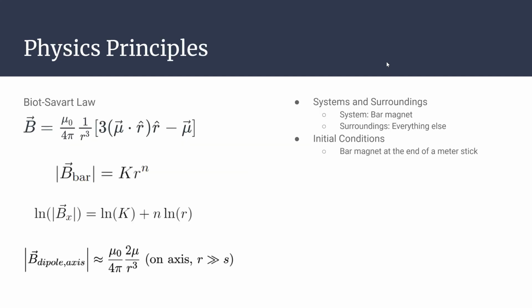Some physics principles that we used: the Biot-Savart law, and the distance dependence formula, where K is a constant. And the model below that is just taking the log of both sides. And then we also used the magnetic field of a dipole on axis. The system in this experiment was the bar magnet while the surroundings was everything else. And the initial condition for the experiment was a bar magnet at the end of a meter